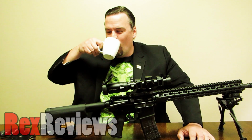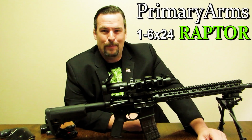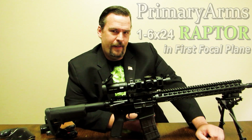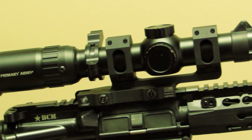Howdy. Rex here. This is the moment we've all been waiting for, guys. What you're looking at is the 1 to 6 ACSS Raptor. This thing's been in development for quite a while, actually, in verification and testing to verify that everything actually worked out good. This is basically taking the Gen 3 body off of the 1 to 6 primary arm scopes that